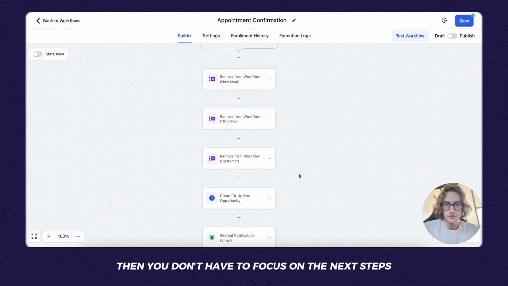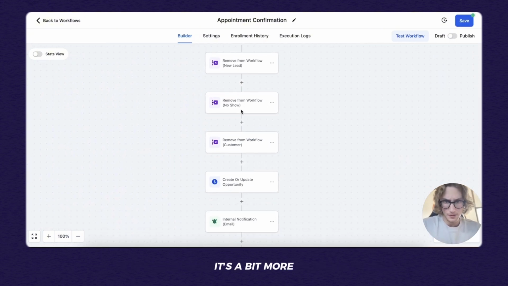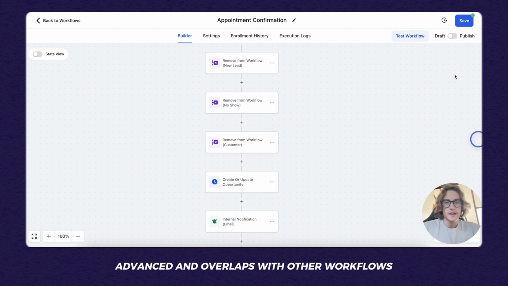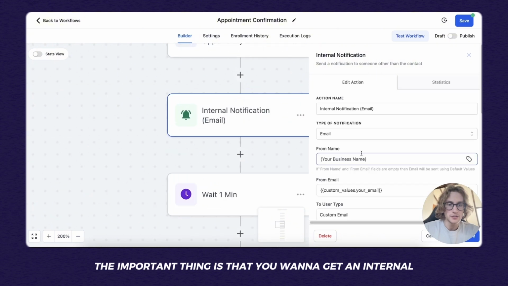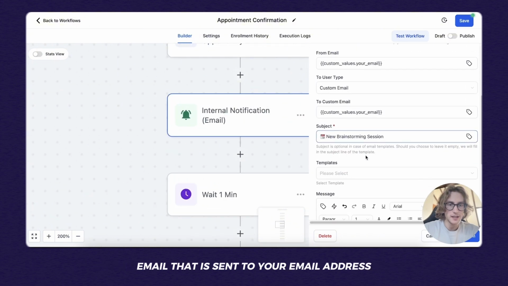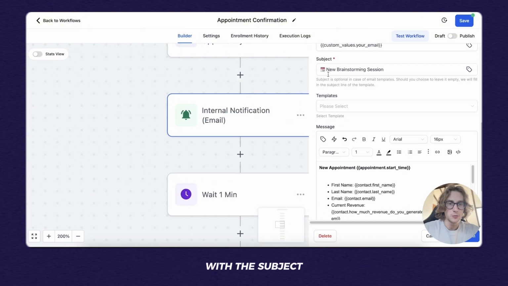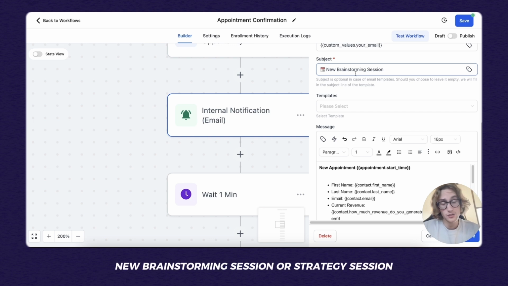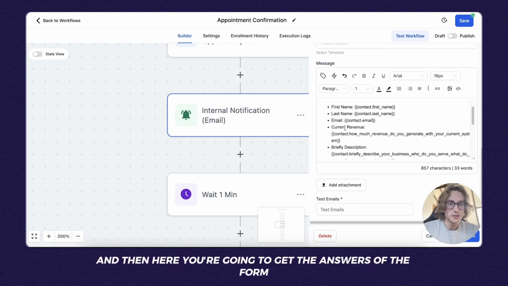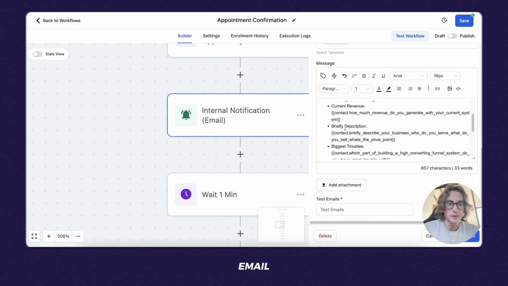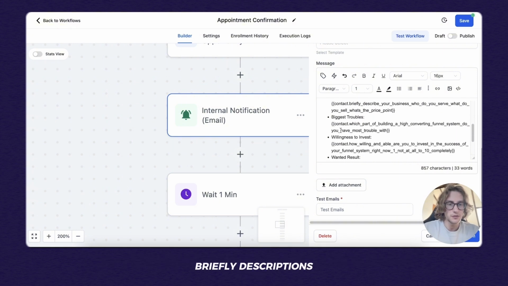Then you don't have to focus on the next steps because it's a bit more advanced and overlaps with other workflows. But anyway, the important thing is that you want to get an internal email that is sent to your email address with the subject new brainstorming session or strategy session, whatever you use. And then here you're going to get the answers of the form, like their name, email, current revenue, brief descriptions,